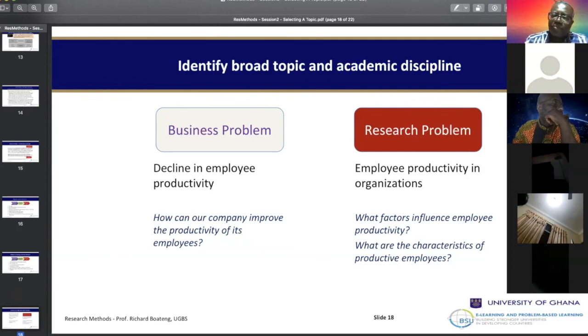So they may have a rubric of assessing who is the best employee of the month, so they can use that one to be assessed. But the factors that influence productivity can be productivity at the unit level, productivity with a particular equipment, productivity at the level of an individual, or at the level of a team or a group.